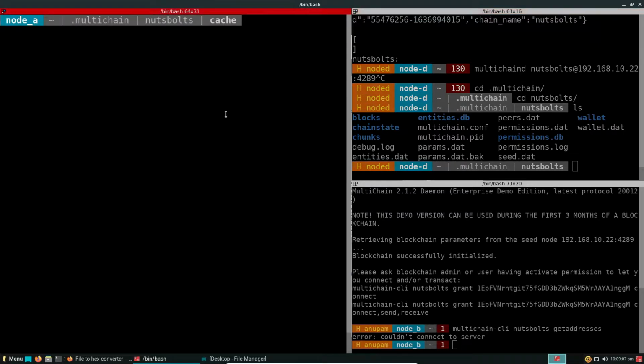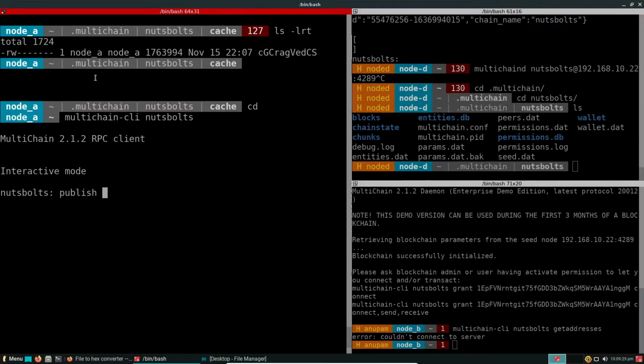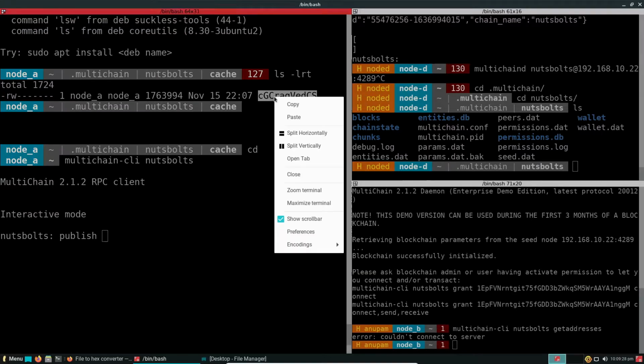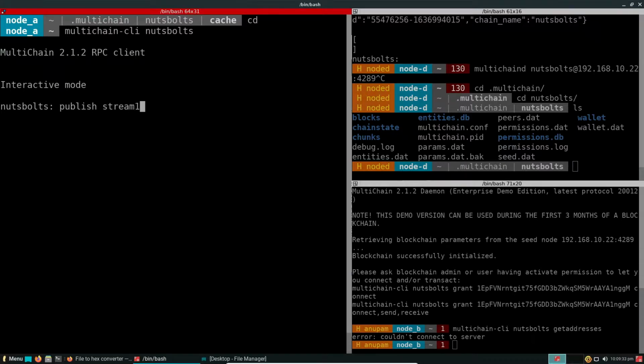So now what we'll do is publish the cache. A simple command: we'll go again to the interface, multichain CLI nuts bolts, and here publish stream 1 key 3, and here we give the command, and we say cache.